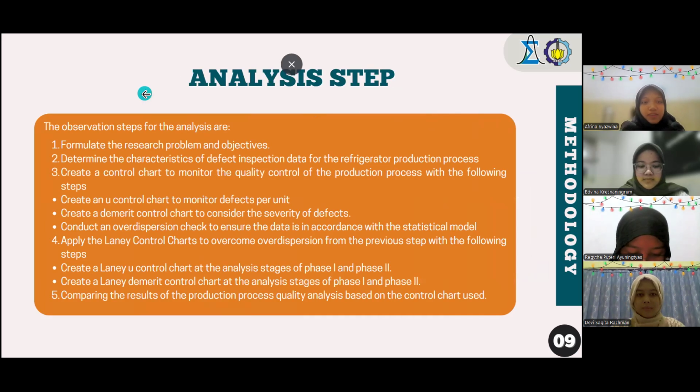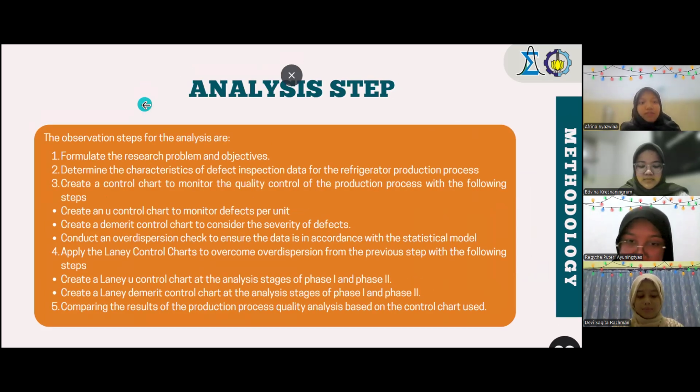The next step is the analysis step. The observation steps for the analysis are: the first step is to formulate the research problem and objective. The second is to determine the characteristics of defect inspection data for the refrigerator production process. And the third step is to create a control chart to monitor the quality control of the production process with the